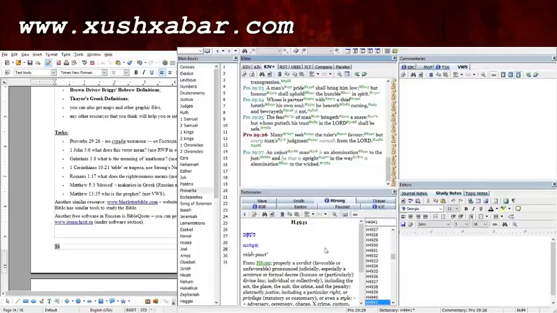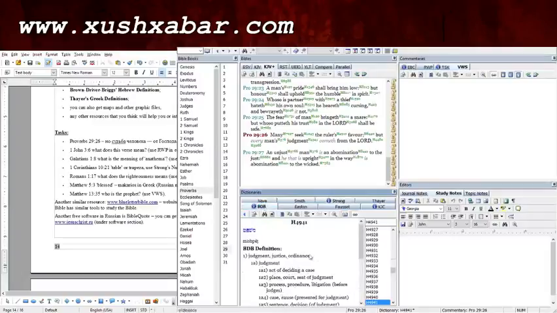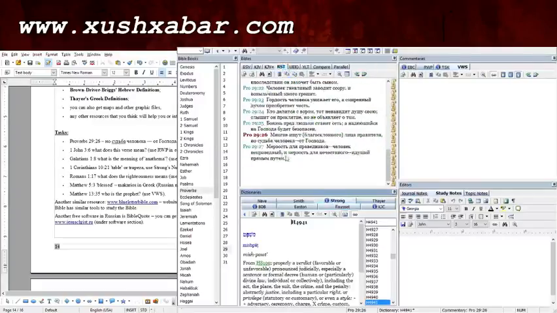H4941. Mishpat means a verdict pronounced judicially, especially a sentence or formal decree, divine law, and so forth. And if you look at BDB, it tells us it's a judgment, justice, ordinance, and so forth, the act of deciding a case. So that's why in many Russian churches you will hear people say that God has your fate in his hands,